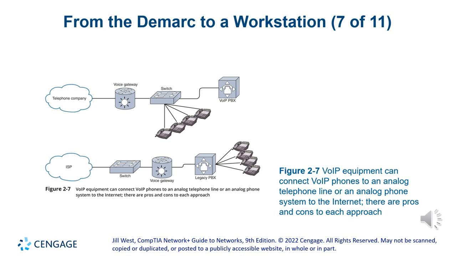Now, this diagram represents the distribution of voice services. Your telephone company might bring that into a voice gateway, right? And that's on the upper part. The voice gateway will deliver straight to a network switch. Remember, switches are layer 2 devices. They only know MAC addresses of the devices, and that will distribute from the IDFs to telephones, right? And you can have a voice over IP PBX now, or you can have the ISP providing a switch. Then you have your voice gateway, and that voice gateway can provide a legacy PBX to use legacy phones